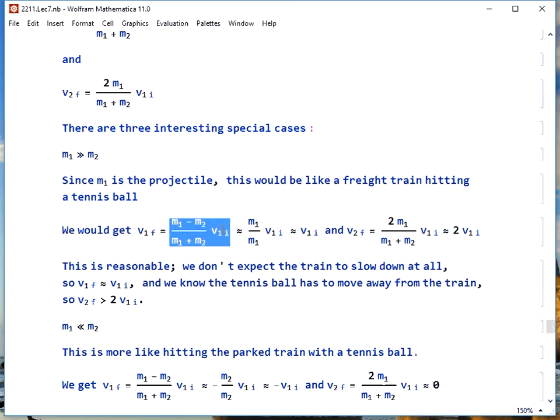for V1F. Notice M2 is so small, you get M1 over M1, therefore the freight train doesn't really change, the same. The tennis ball, on the other hand, when we get rid of M2 because it's so small, we get the tennis ball flies off at twice the freight train's speed. Of course, it doesn't just get the freight train speed,